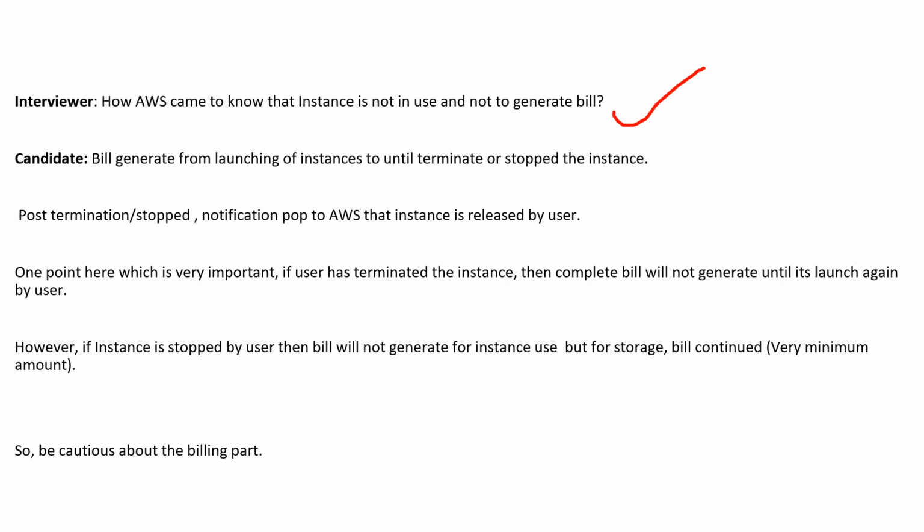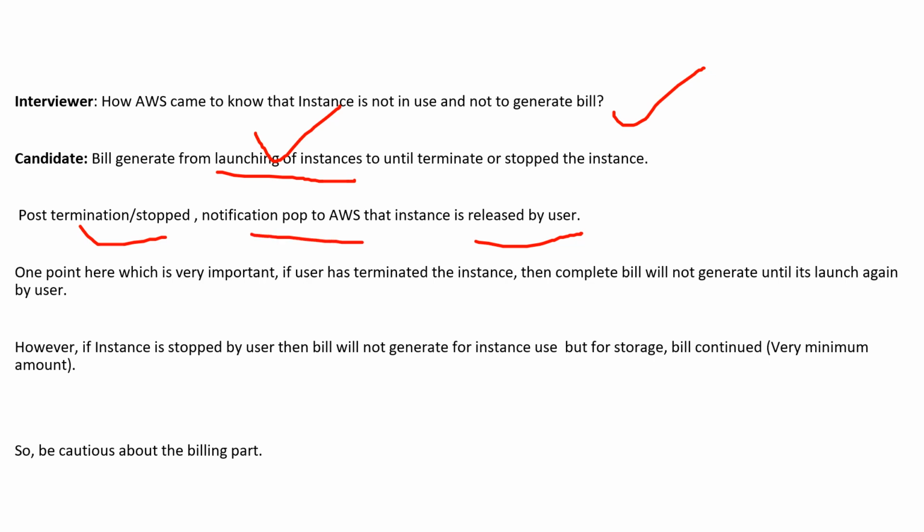For example, you have come into the office and just started your instance and launched it, right? Launching an instance means you own the instance until you terminate or stop it. So after termination or stop, a notification pops up to AWS that the instance is released by the user. Once you launch the instance, a notification goes to AWS that yes, this instance is in use. And once you terminate or stop the instance, again a notification pops up to AWS that yes, the user has released